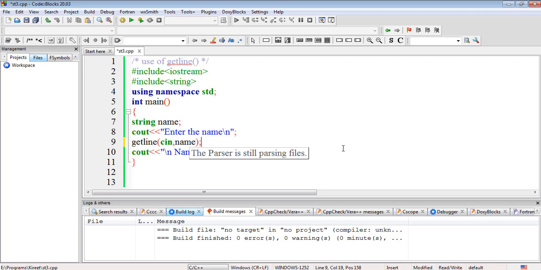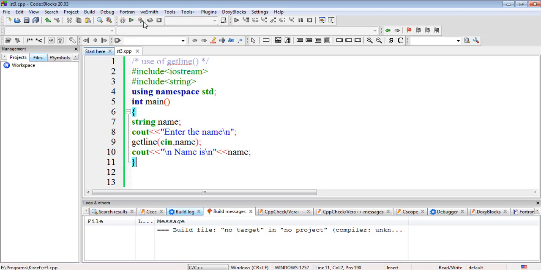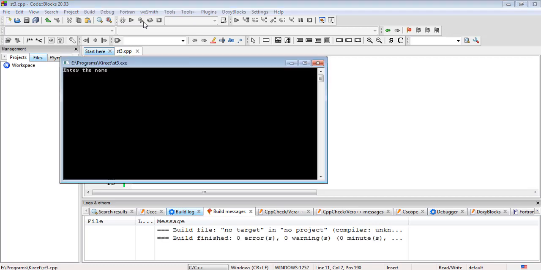Now if we run this program and write Ajay Rawat is a good student, you can see the output is Ajay Rawat is a good student.